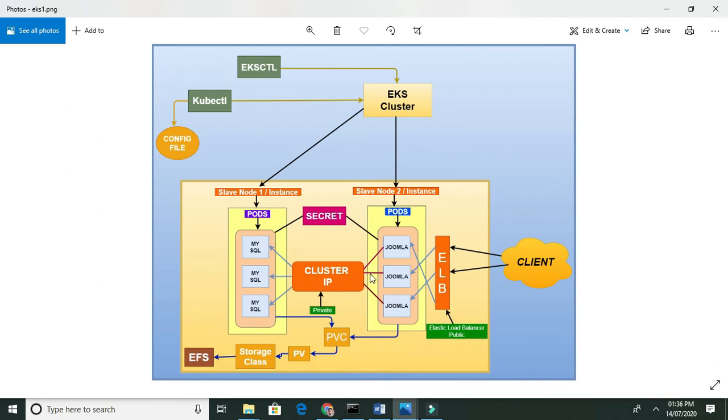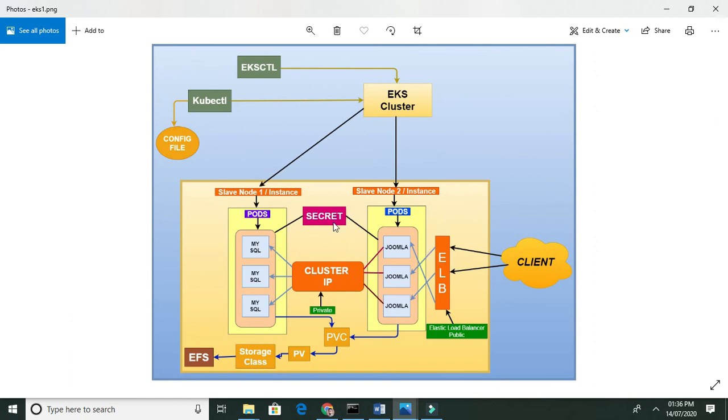Okay, and we want that our data should not go outside and no one can see it. Our Joomla data will be saved in the MySQL database. So for this we are using a Kubernetes service called ClusterIP. This is also a service, like ELB load balancer and NodePort.